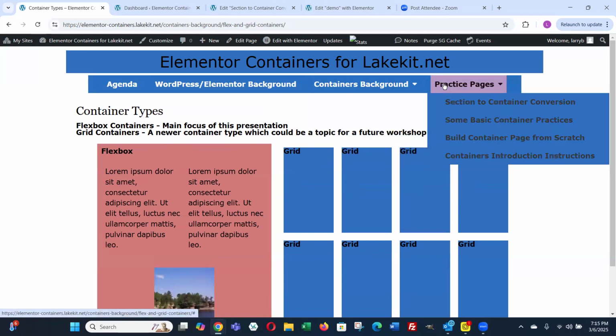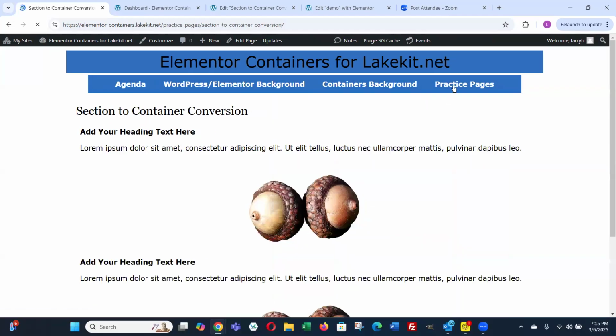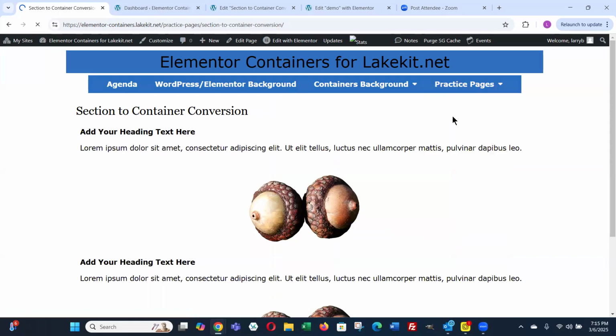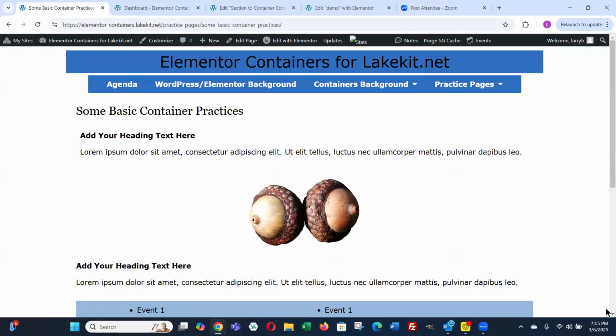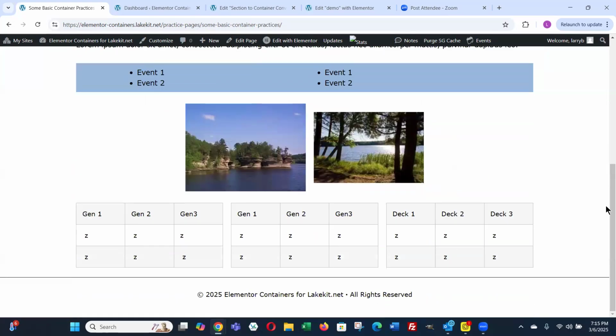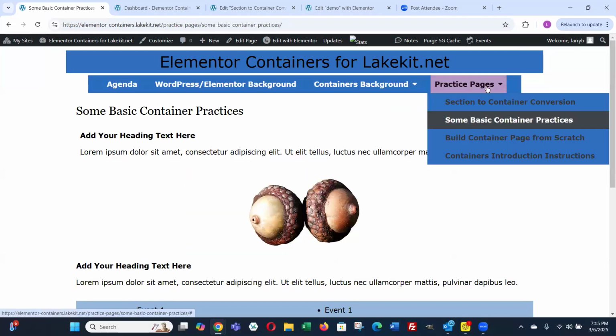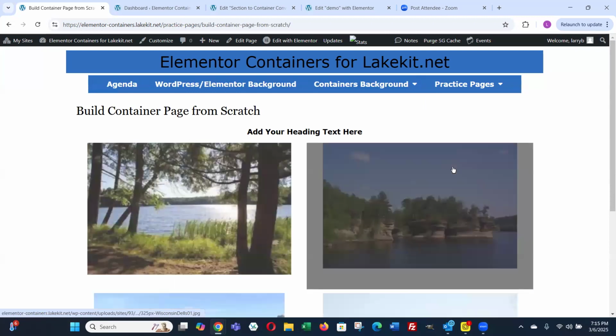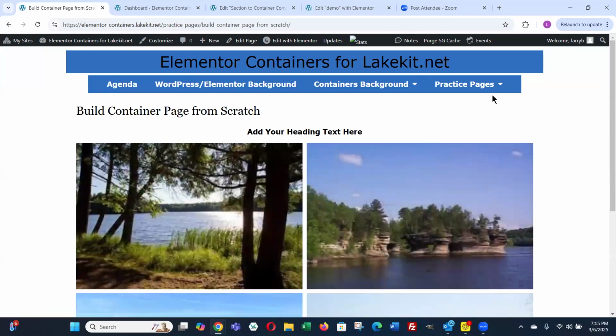Now, we're going to go through some processes where we will create a page that looks like this, where we're actually going to convert a section to a container, and then we'll add on to that page with some container components, and then build a standalone new web page.